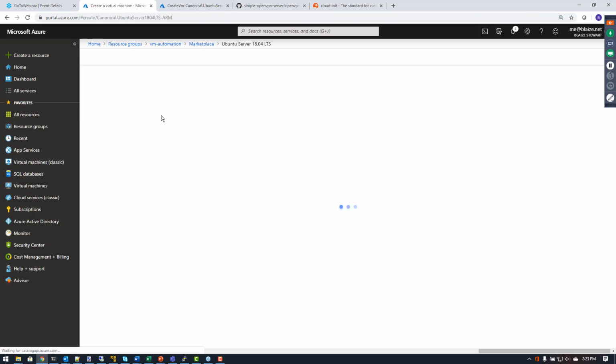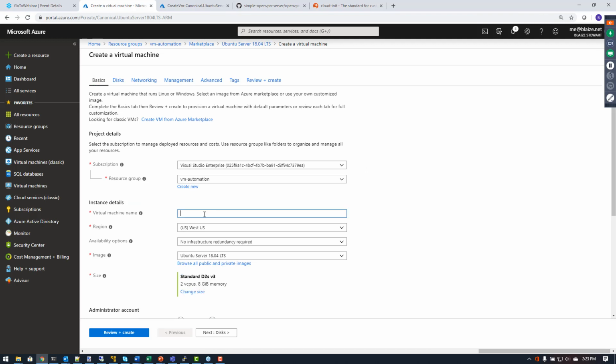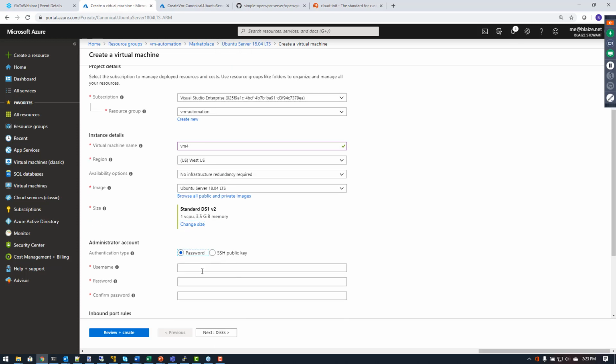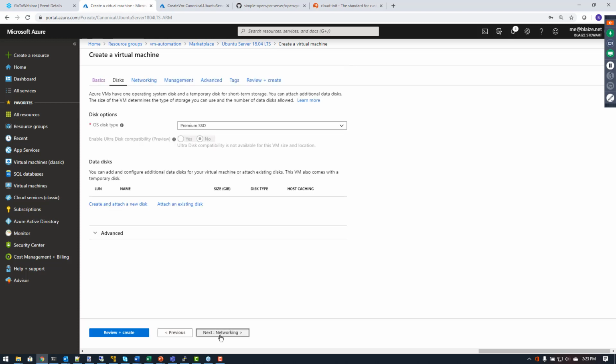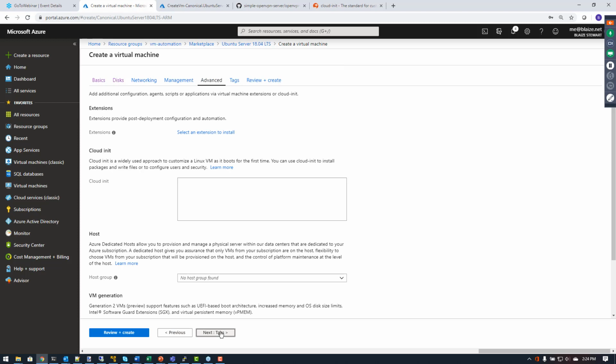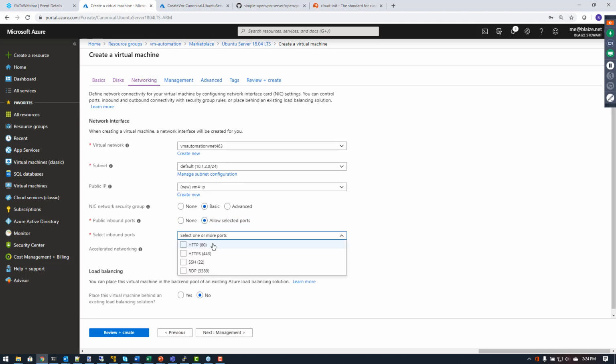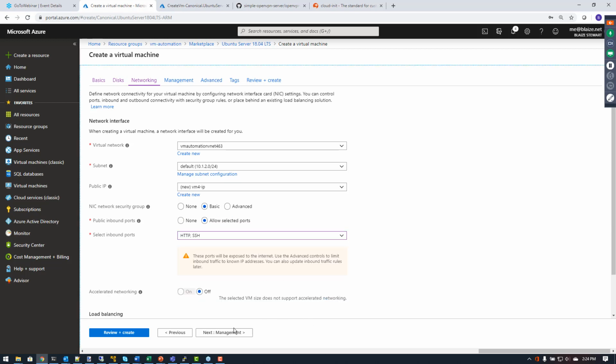And I'm going to create another Ubuntu VM, and I'm going to call this one VM4. I think it's the fourth VM I created. And I'm going to use the same size I used for the other one, the DS1v2. And I'm going to use password authentication and create this virtual machine here. And I'm going to take most of the defaults on this until I get to, let's go back to networking here and open up some ports, because I'm going to install a web server on this guy